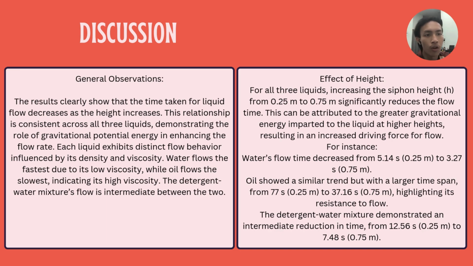Next one is the effect of height. For all three liquids, increasing the siphon height from 0.25 to 0.75 meters significantly reduces the flow time. This can be attributed to greater gravitational energy imparted to the liquid at higher heights, resulting in an increased driving force for flow. For instance, water flow time decreases from 5.14 seconds at 0.25 meters to 3.27 seconds at